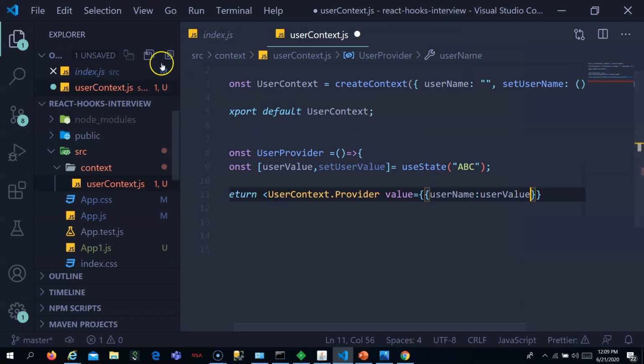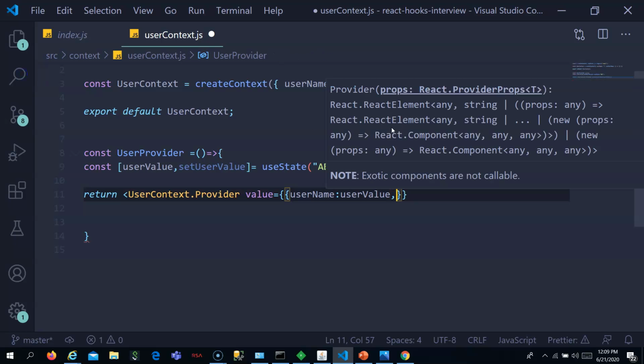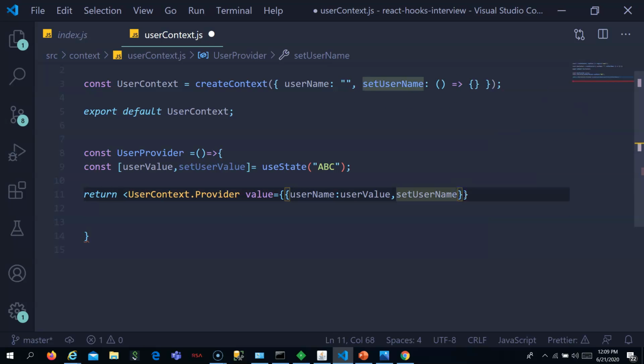User value of this state. And for set username, you provide this set user value. Use this set user value which is returned from use state for setting the username. Okay,